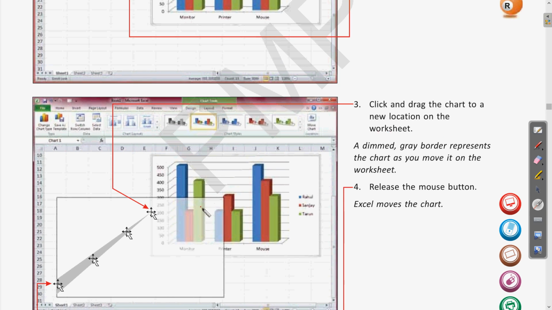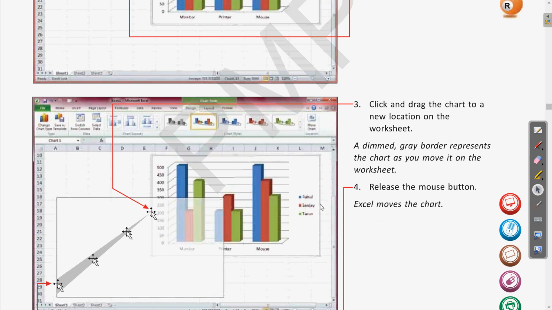Whatever the new position, simply click and drag from one position to another. Clear? A dimmed gray border represents the chart as you move it on the worksheet, denoting the new position of the chart. Release the mouse button wherever you want to position it, then Excel moves the chart.